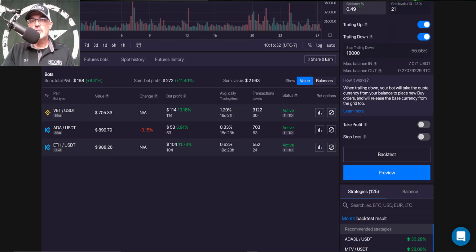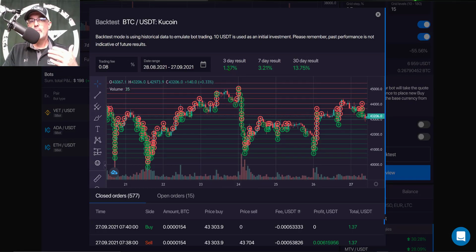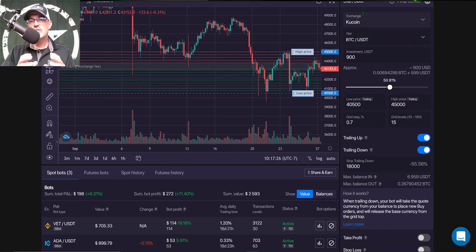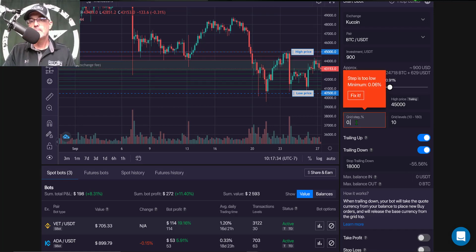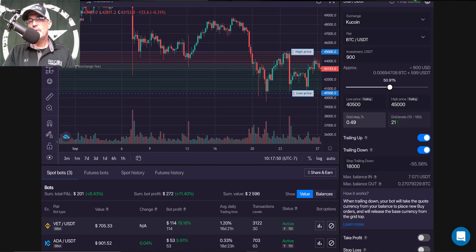Now, jumping back up to the grid spacing, if I change that to, say, 0.70%, that does knock my grids from 21 to 15. If I hit the back test now, we can see a slight increase to 1.37% from the 1.30. And so again, I'm not that concerned with the back test results. So I am actually going to change my grid step back to the 0.49%. With grid levels of 21, however, with trailing up and trailing down enabled, that pretty much eliminates the need for